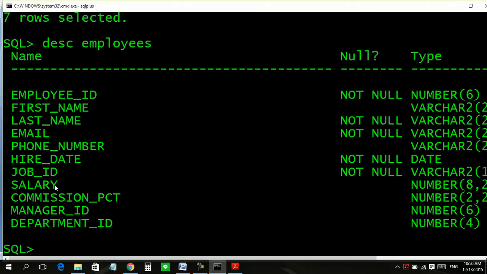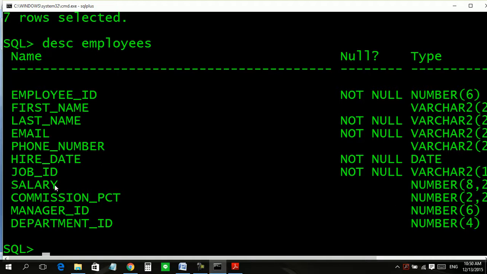And this table is important. For example, the person in the HR department, the salary department, and other departments want to use this table. So to maintain privacy, I will create a view of this.